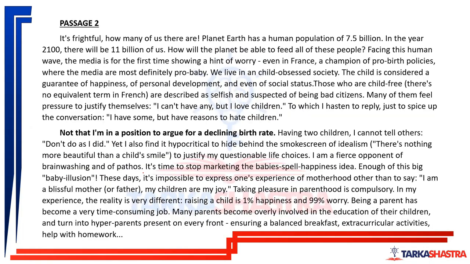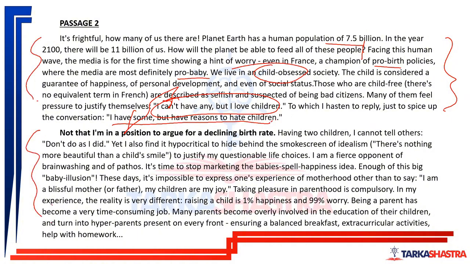If we take a look at this entire passage, here they're talking about why should we have more people. We are having quite a lot of people till here. That is the idea. Now here there is discussion about pro baby and pro birth policies, how we are obsessed with children, how this is about people who love children but they can't have any, and what the author would want to say as against that. She's talking about the birth, the challenges, the idea of motherhood and what exactly it entails.